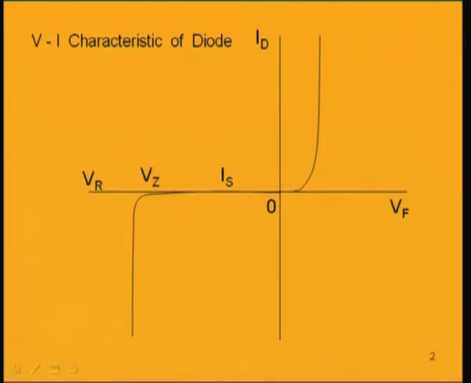Now, if we go on increasing the reverse bias potential, then if it is sufficiently large, after a point we see that there is a sharp increase in the reverse current IR. That means the voltage which is to be reached before the breakdown condition is known as the breakdown voltage, and the breakdown in a PN diode occurs generally due to two phenomena. One is called the avalanche breakdown, that is because when the applied reverse bias potential across the diode is very large, then the